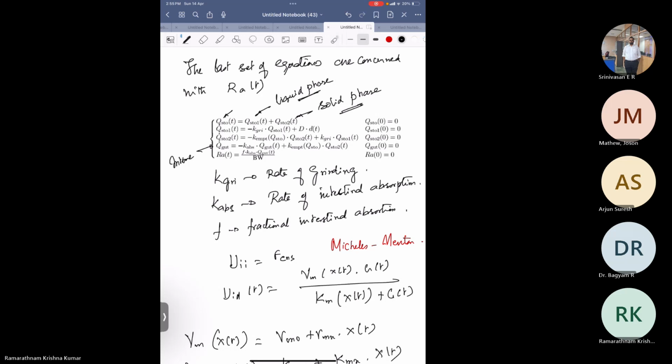Now, the glucose in the stomach, one is the solid phase. Because this K grinding is there, grinding will only come to solid. So that is the solid glucose, this is the liquid glucose. In fact, you can model anything with this. So the glucose that is getting converted, or in other words, the rate of increase. Say there are dots here. The first one does not have a dot. The second one has a dot. So Q dot